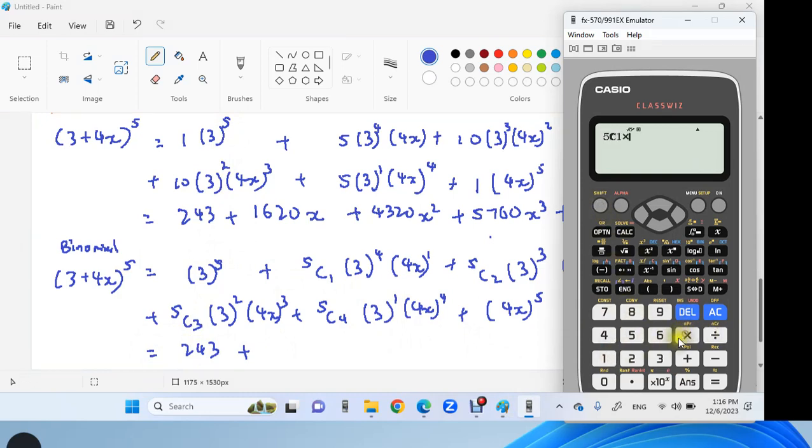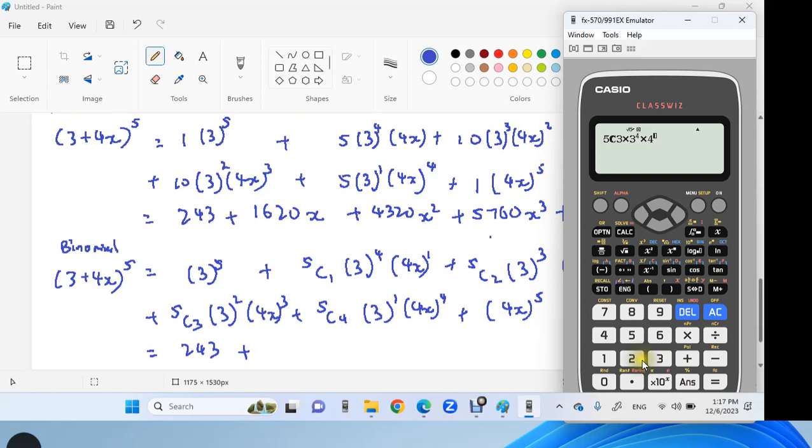And the 5c1 multiplied with 3 power 4 times 4, same. Okay, and then I have the 5c2, 3 power 3 and then 4 square, it will be 4320. And the 5c3, 3 power 4 and 4 power